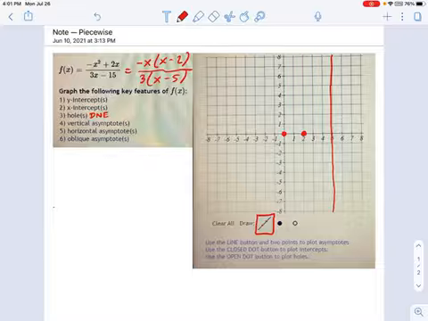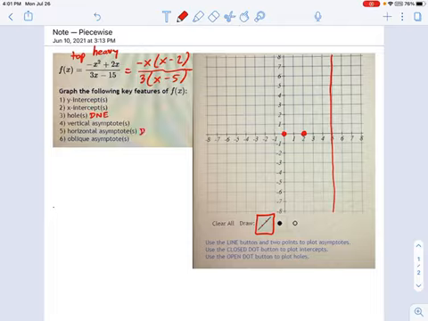And now I need a horizontal asymptote. Well, remember, this thing is top heavy. That means there's a factor of x on top which is greater than the bottom. I have x squared over x, or negative x squared over 3x, but the coefficients don't matter. Point is, when it's top heavy, this is a DNE. Okay, so that's another one we don't have to do. And now we get to the oblique asymptote. This is kind of a little bit of a harder part.